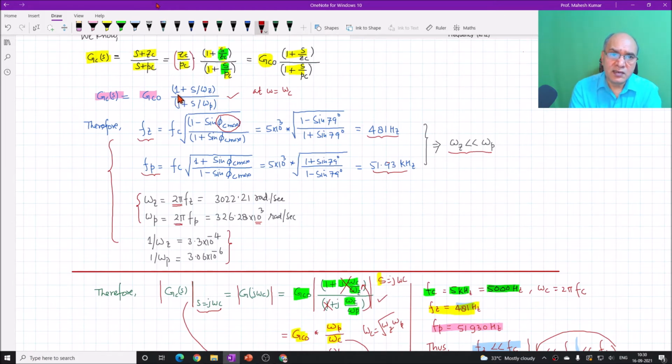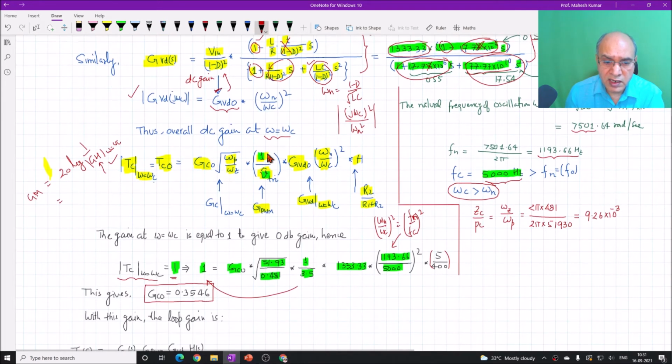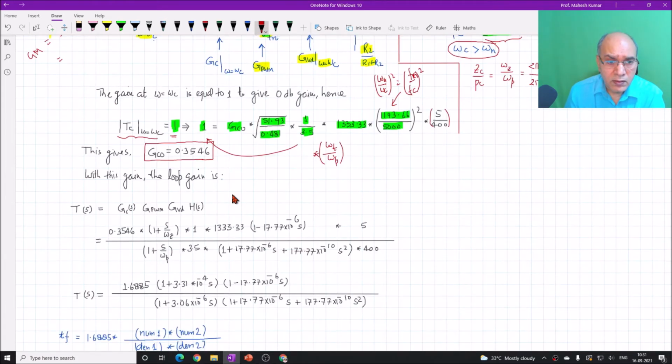But actually it is not. We will view this as some constant, and this constant multiplied by other constants together is the new GC0. So do not get confused by the ratio of omega z by omega p simply. With this new gain as GC0 here, the transfer function of the boost converter control system is, this is the